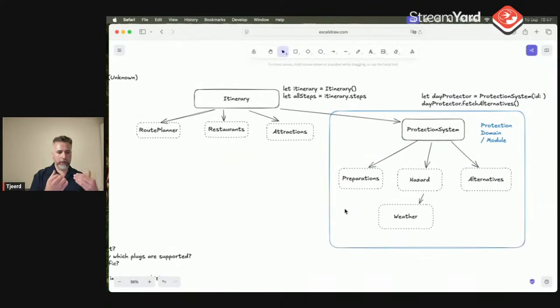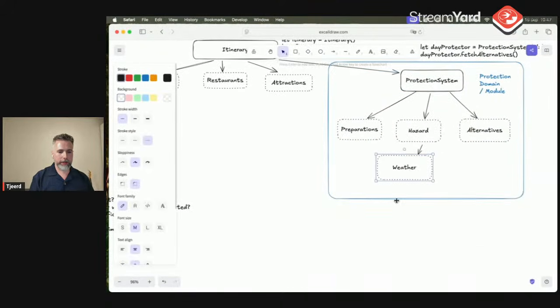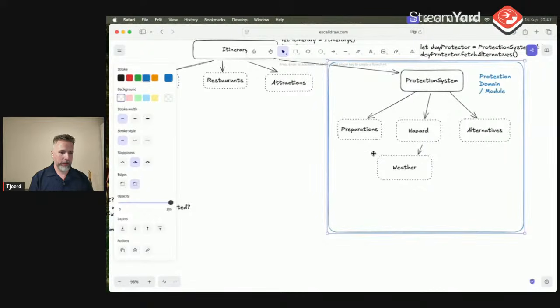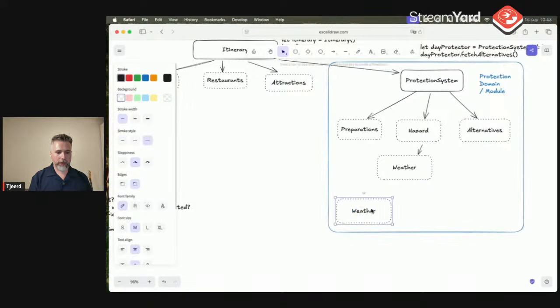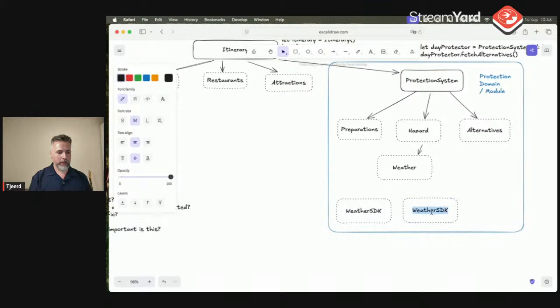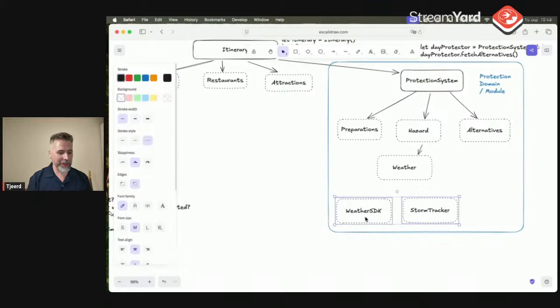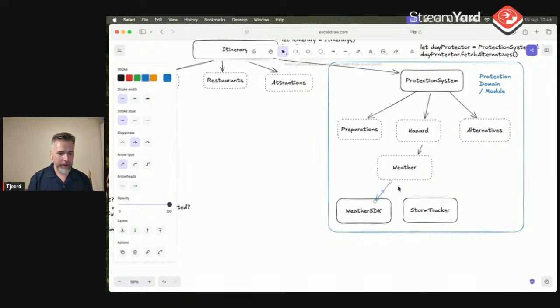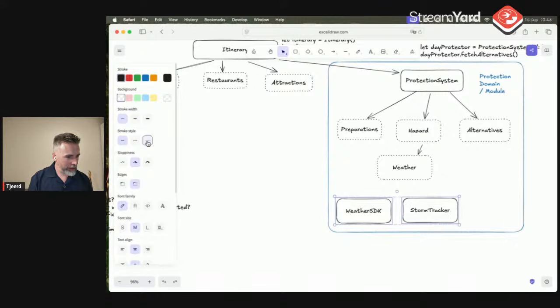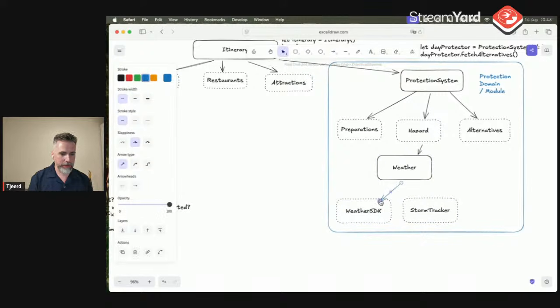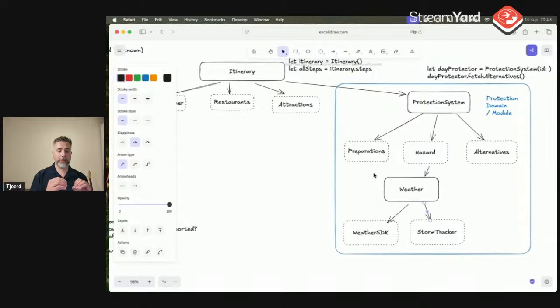And you just keep on decomposing, right? So if you want maybe the weather, you're like, okay, I actually want to work on the weather part. Well, I'm going to figure out, okay, we maybe need a weather SDK. Maybe we need like, I don't know, storm tracker. I'm just coming up with these terms. Now we can say the weather is decomposed enough, because this is enough to work in. So you can take bits and pieces and just keep making the problem smaller, smaller, smaller.